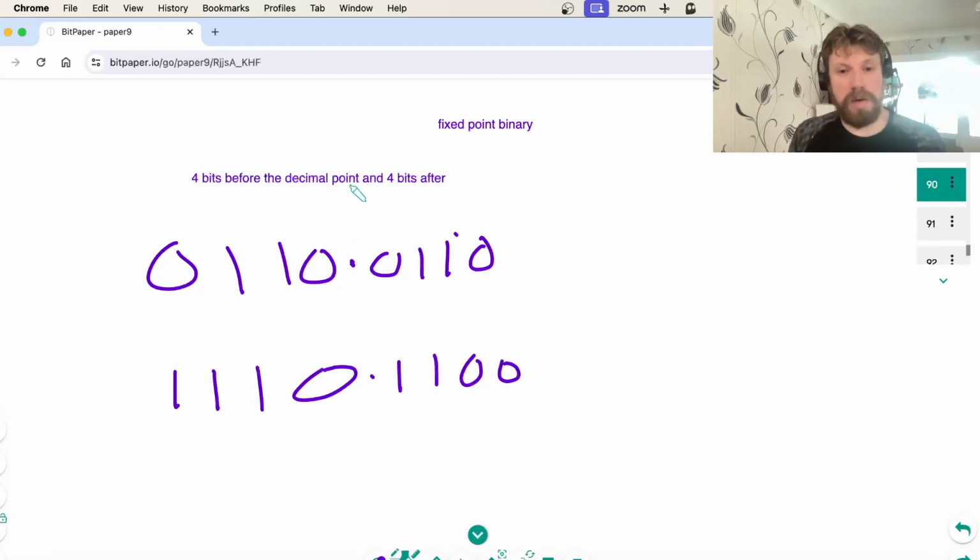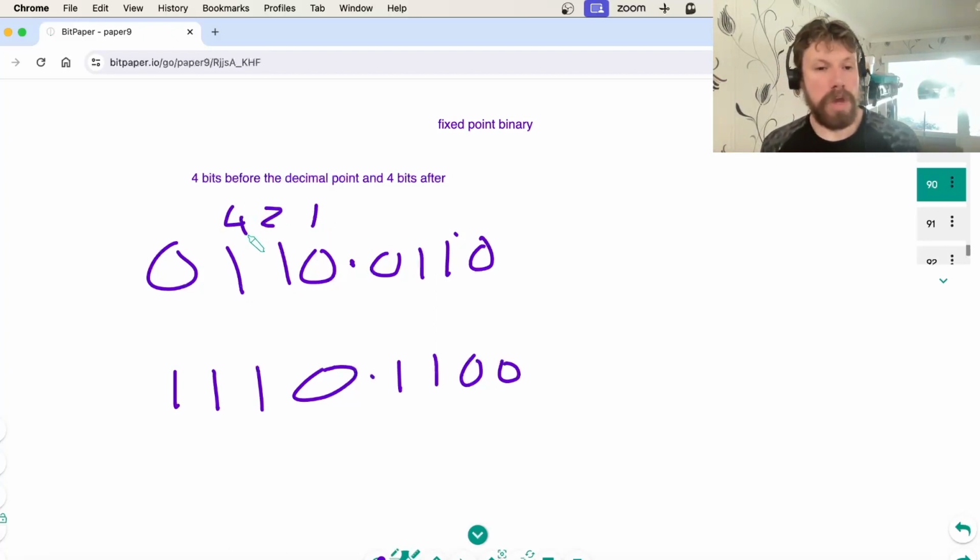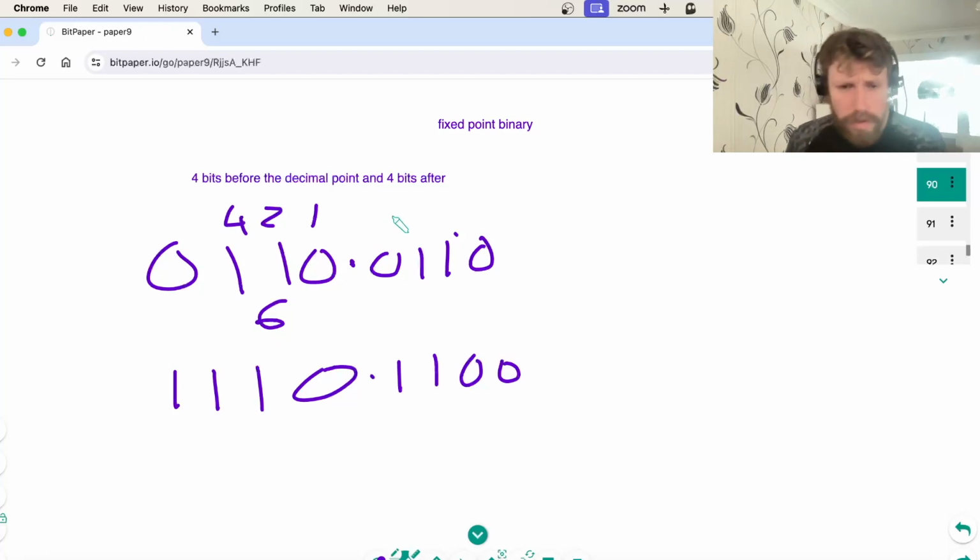Just all it is that we've got decimal numbers in there as well now. So if you're not familiar with that, this is how you do it. So we've got 4 numbers before the decimal point and 4 numbers after it. So here, I just put the decimal point in, and then I go 1, 2, 4. That's going to give me 6. And then this one over here is going to give me 0.5, 0.25, and you just keep halving it,